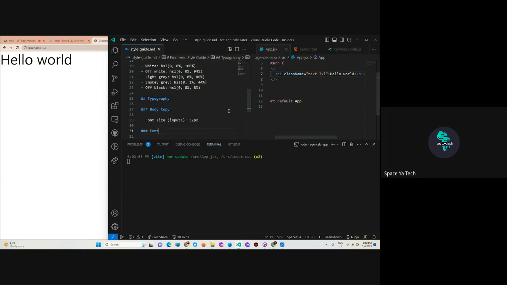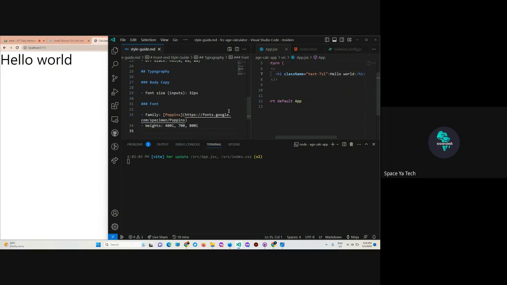What else do we need? Font size, we can set that one. We don't have to set it in the config file. Font Poppins. Okay, so now let's go to